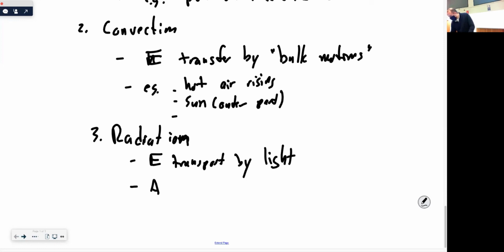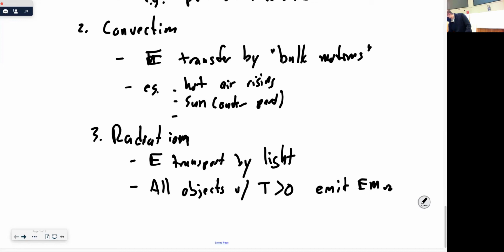It turns out that all objects with temperature greater than 0, and by that I mean all objects, there are no objects whose temperature is equal to 0 or less than 0, emit EM radiation. All of them. And so this table, that desk, me, you, the lights, we're all emitting light as we speak. And therefore we are losing energy as we speak by emitting that light. We are also, as we sit here, absorbing light. And so often if we're in equilibrium, we're emitting as much as we're absorbing and we're not changing in temperature.